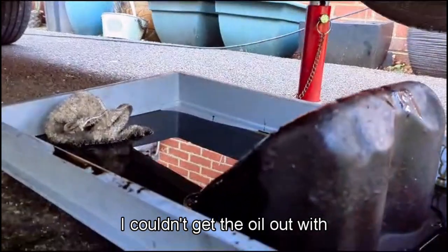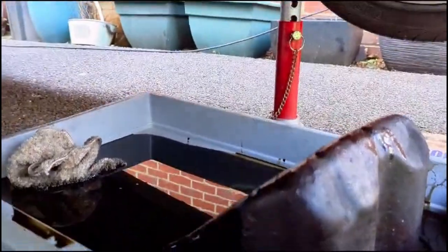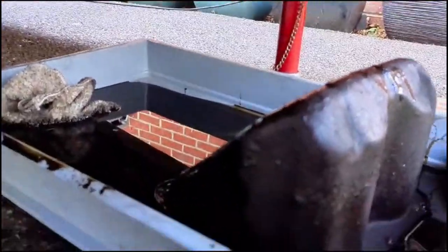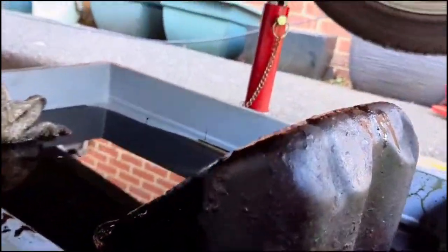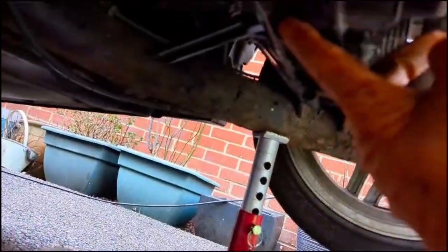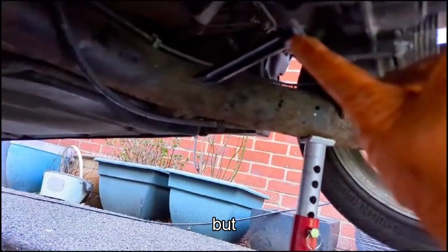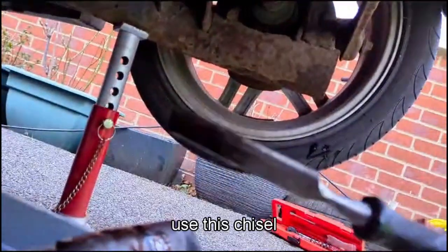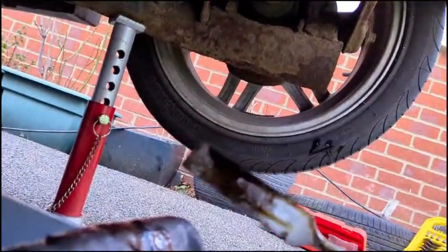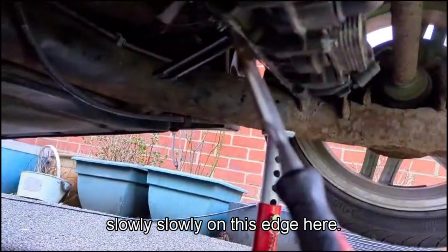There's the old sump. I've made sure I couldn't get the oil out. My electric pump decided to play up, so I have to buy a new electric pump. But that's what you need to drain this oil out the sump through where I showed you earlier. I pried off from this edge here first with a chisel. Use this chisel to do it. So I just hammered slowly on this edge here,